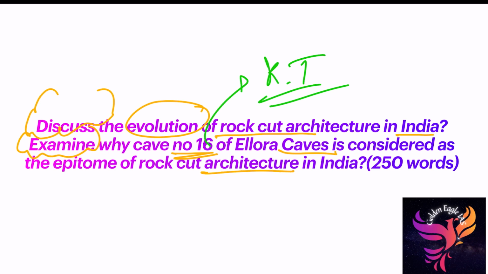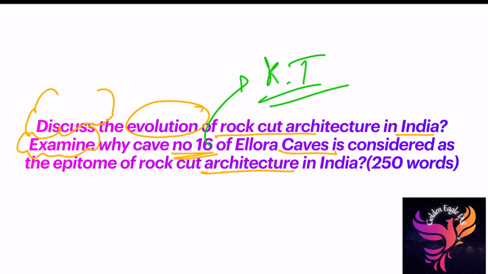First, the introduction. How will you give the introduction? Rock-cut architecture differs from traditional buildings in many ways. Rock-cut architecture is more similar to sculpture than architecture. Like that, you have to give some definition of rock-cut architecture, comparing it to modern-day temples or old-day temples. You just have to compare it with history or modern. Give a vivid picture about rock-cut architecture. That is the introduction.